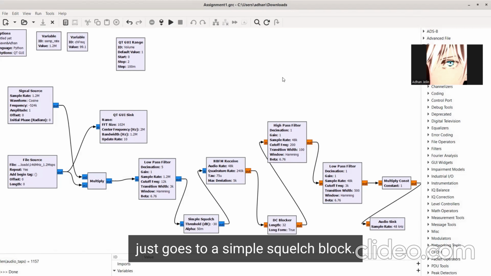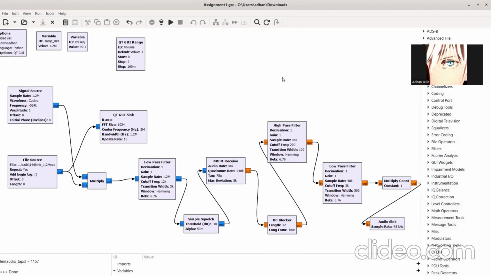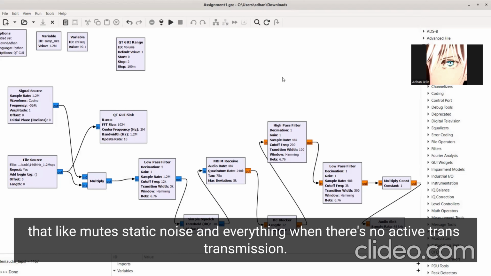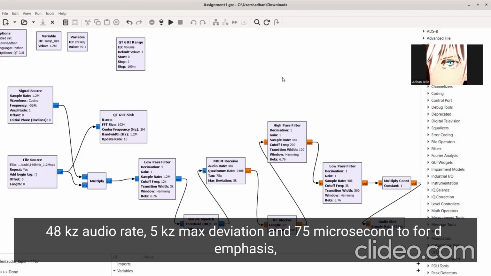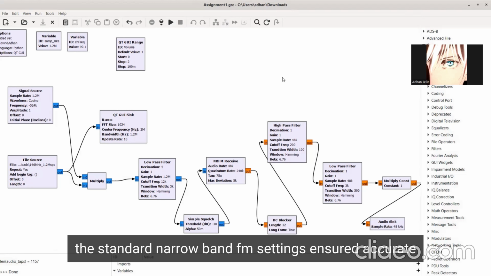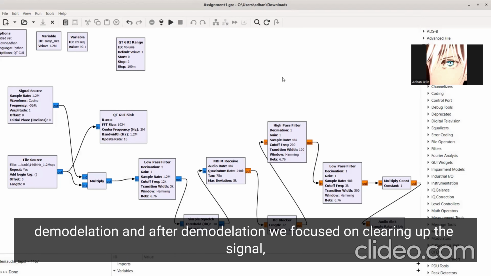The next output goes to a simple squelch block that mutes the static noise when there's no active transmission. The filtered signal was fed into an NBFM receive block with a 240 kHz quadrature rate, 48 kHz audio rate, 5 kHz max deviation, and 75 microsecond tau for de-emphasis. The standard narrowband FM settings ensured accurate demodulation. And after demodulation, we focused on clearing up the signal, removing background hiss,